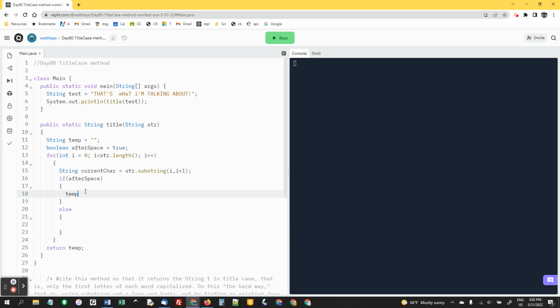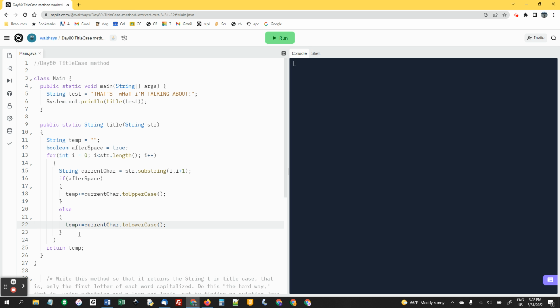So temp plus equals current character to uppercase, and down here we're doing temp plus equals that thing to lowercase,